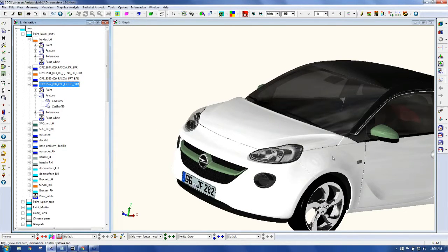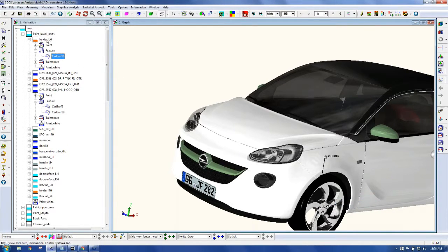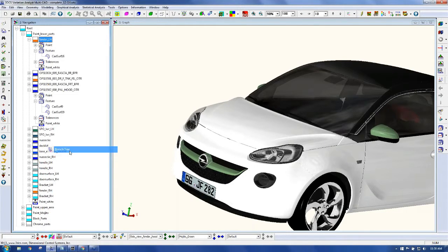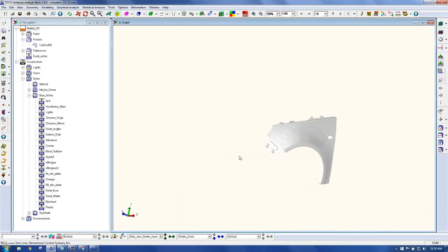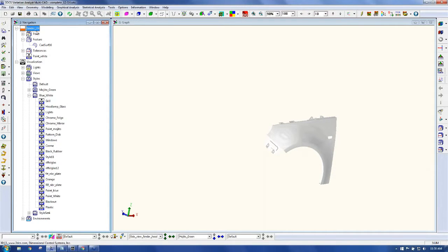And now if I wanted to export out just the fender itself, I go ahead and I center the graph, I find my fender, and again, I branch out into just having that one part. Now when I export, it's going to export out whatever is shown, which is only the one part that we've branched into. The other way of going about this, and it's a little more of a workflow, let me get back to my models,